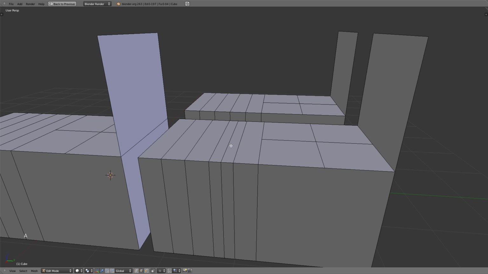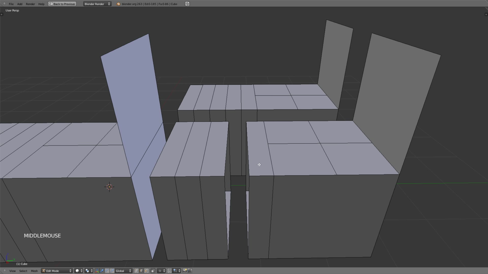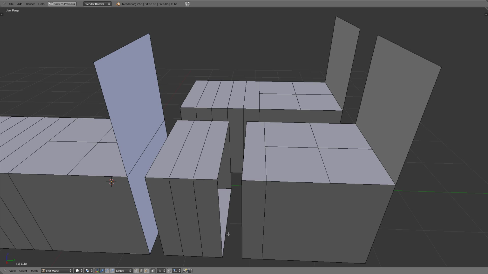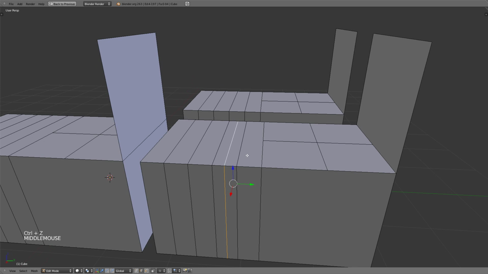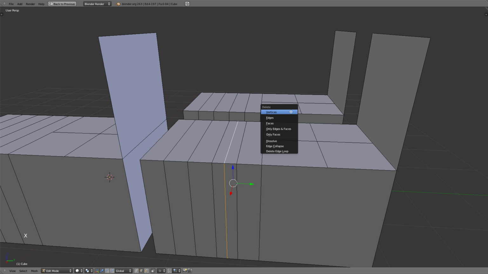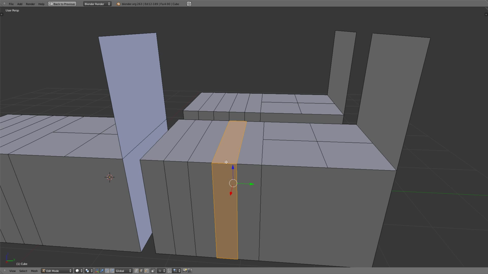Now to delete an edge loop, you could select the edge loop by Alt right clicking and hit X and vertices, and that deletes the edge loop. But this way of deleting is kind of destructive because now there's a big gap in your geometry, unless this is what you want. So a better way to just remove this edge loop is to hit X, go down here and select Delete Edge Loop. And now you can see that the edge loop is deleted and it's filled in between the other two edge loops. You can delete multiple edge loops by just Shift right clicking,